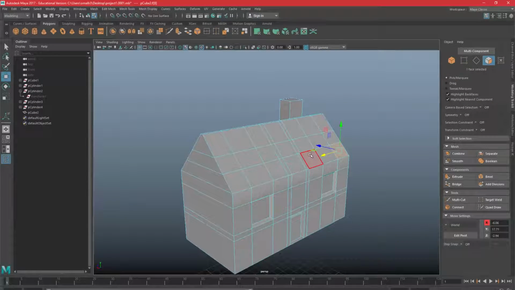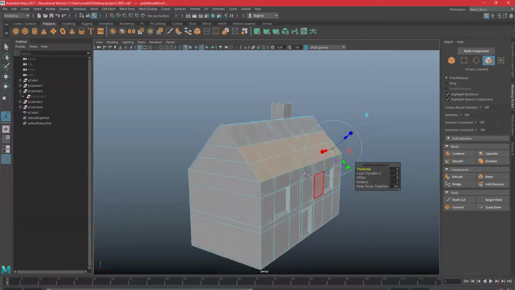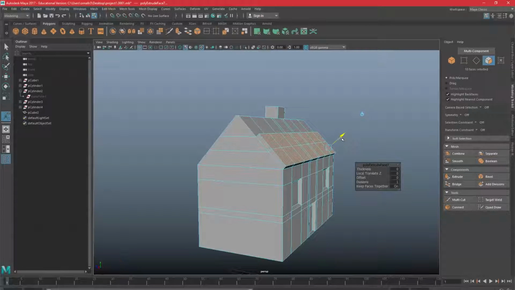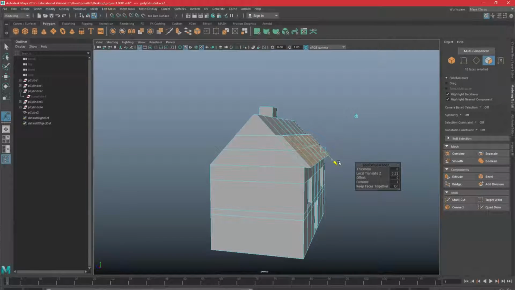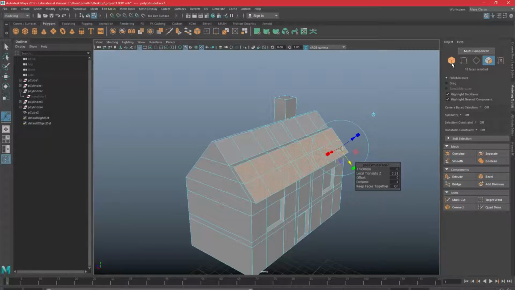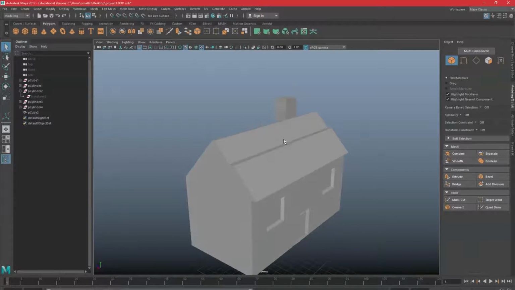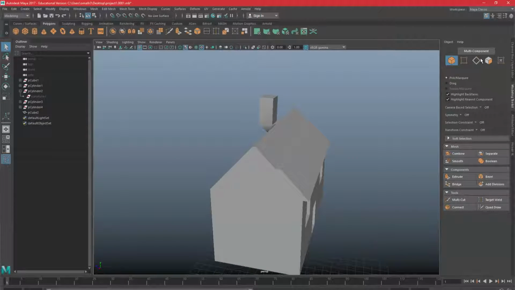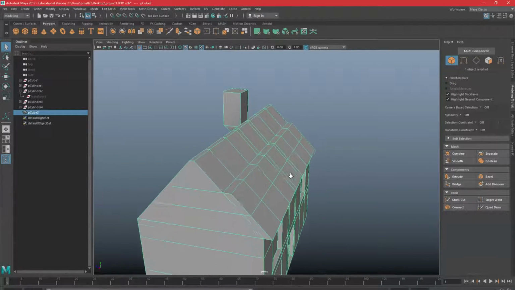I'm going to demonstrate one more useful tool by trying to make this roof a little more presentable. So I'm going to extrude all this out because I want it to overhang a little bit. Then we got this ugly whatever that is there. So let's get rid of that. To merge